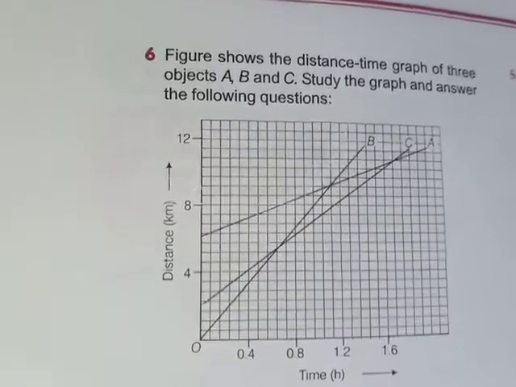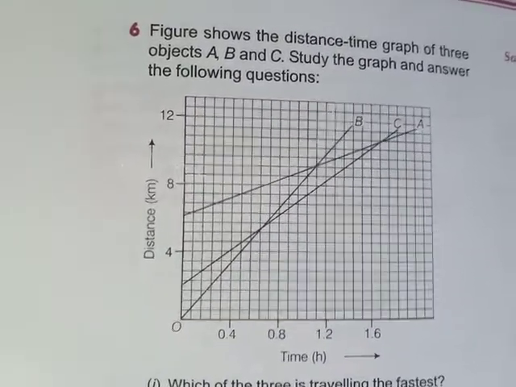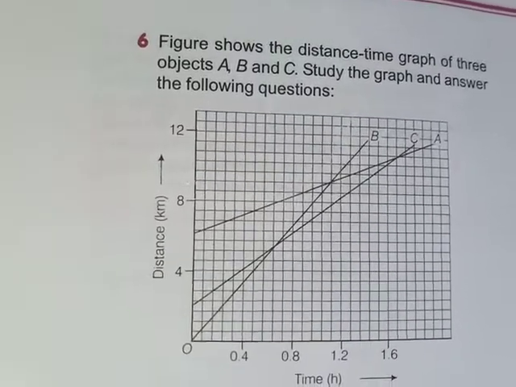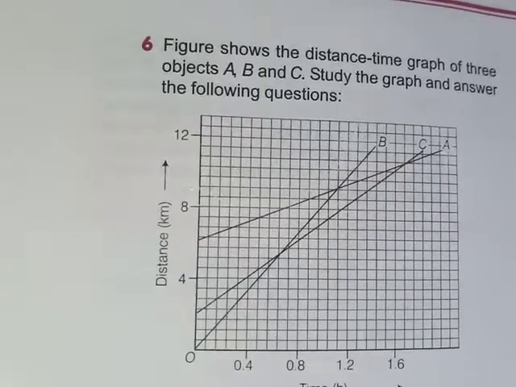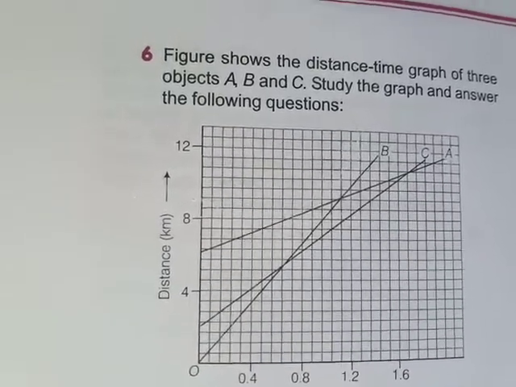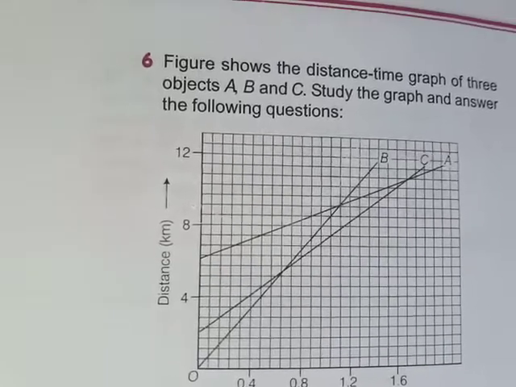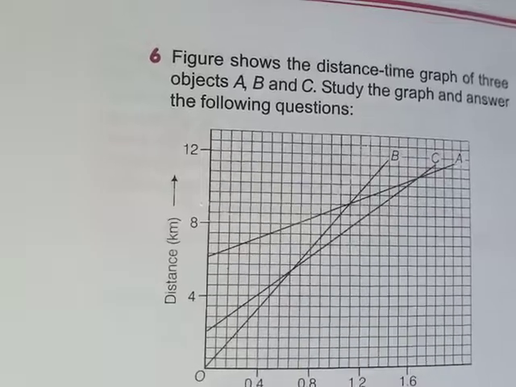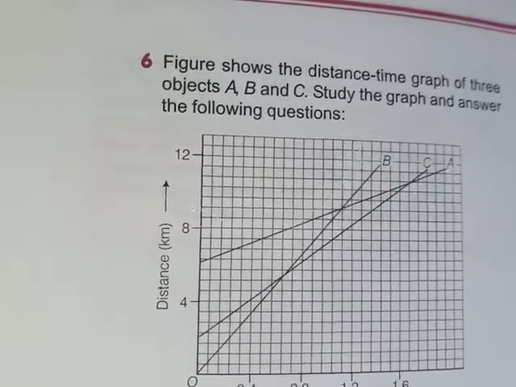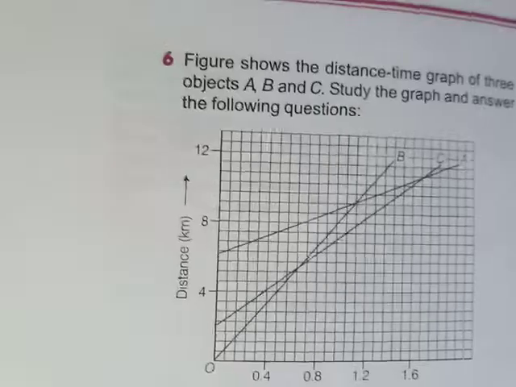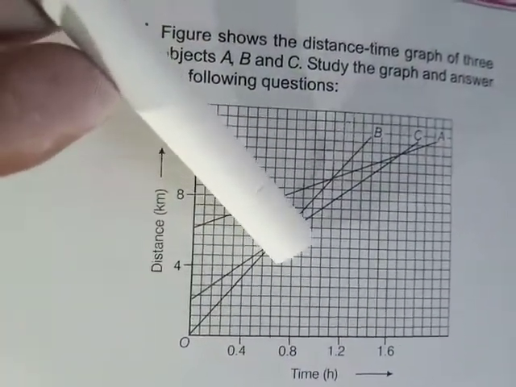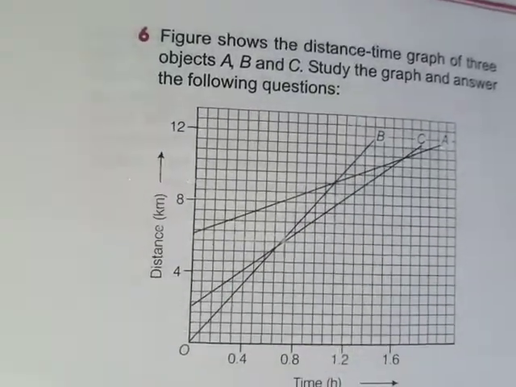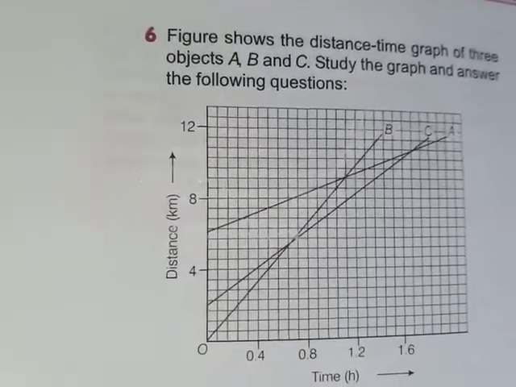For answering the last part, when B is crossing C, how far has it traveled? For that we have to see what is the value of one small line. Between 0 and 4 how many lines are there? 7 lines. From 4 to 8, 7. From 8 to 12, 7. Now when B is crossing C, you can check where it is crossing, and there it is 3 lines more than 4. So we need to find out the value of that.